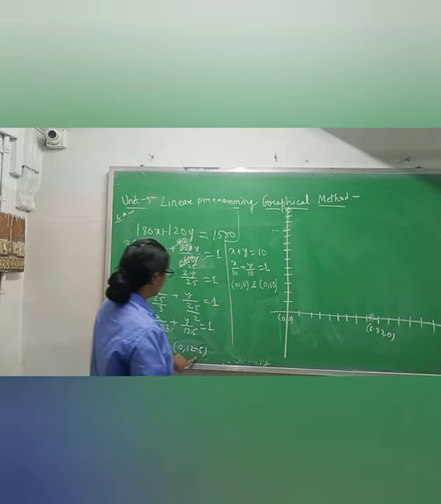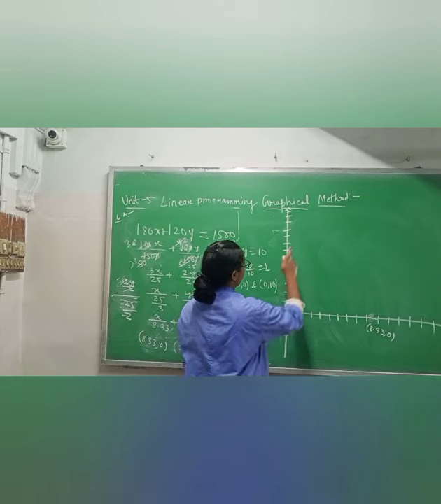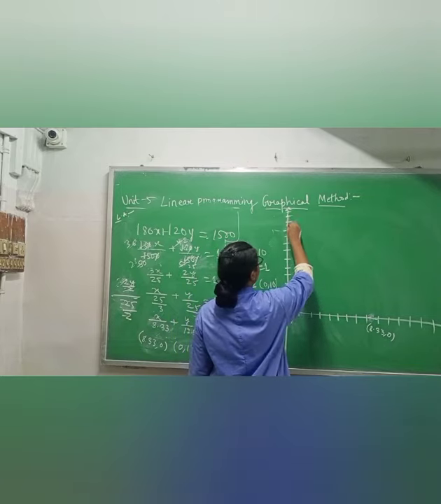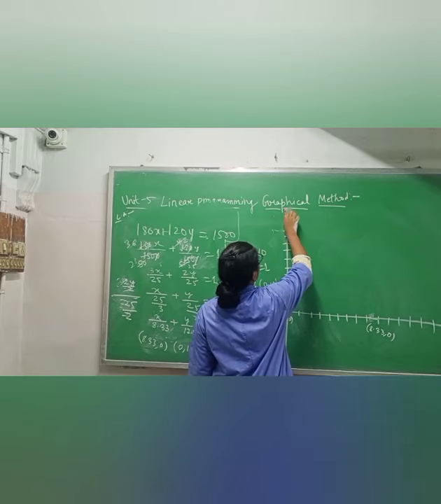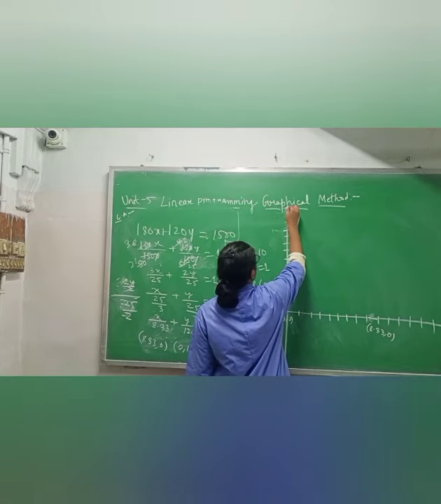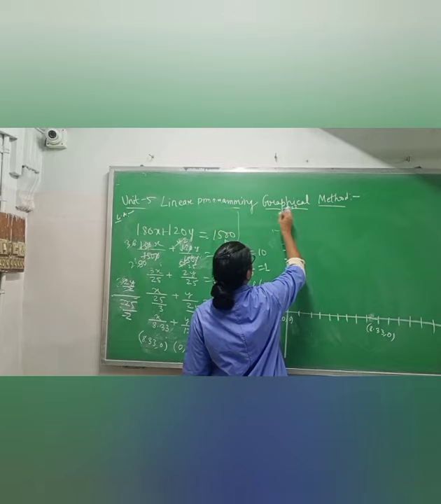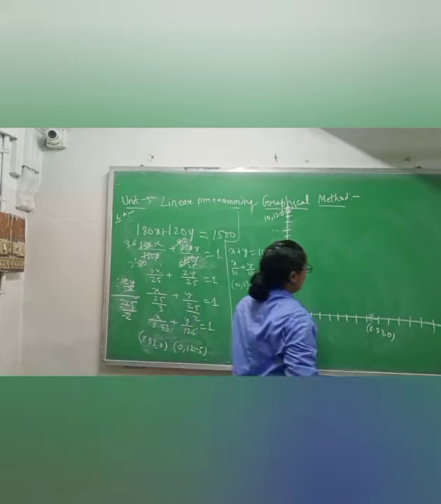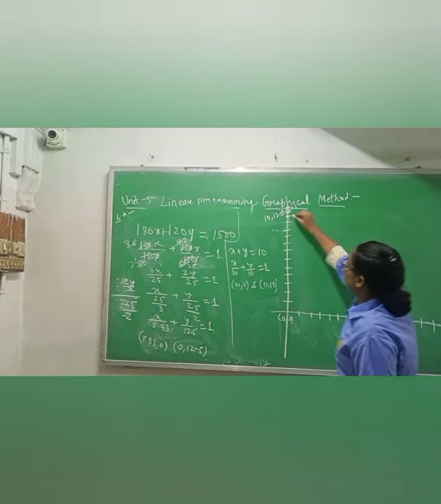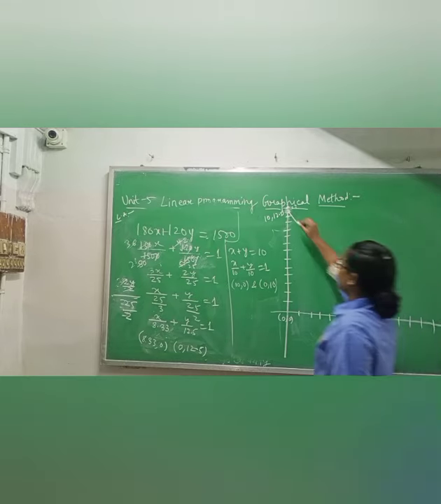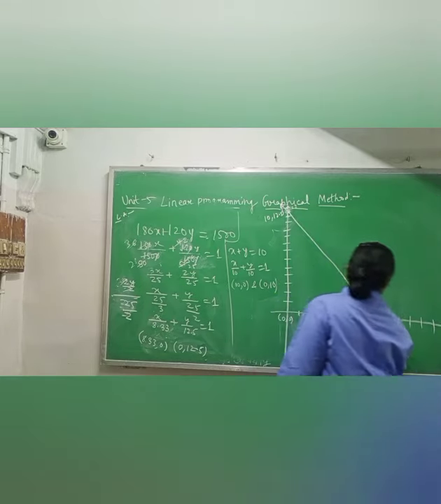Now 0, 12.5. So 0 is here on x and 12.5 is here. 1, 2, 3, 4, 5, 6, 7, 8, 9, 10, 11, 12. 12.5 means more than 12, it means 12 and a half. You can take the half portion. This one is 13 I am taking, and this one is 0, 12.5. So using these 2 points, I have to make one straight line. Okay, I have made it already.